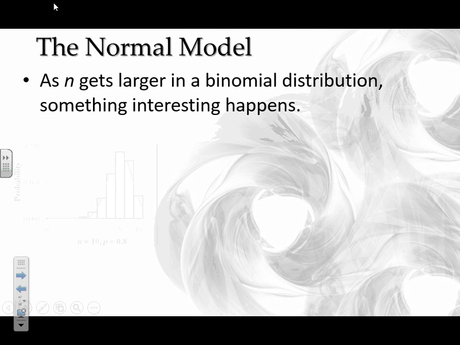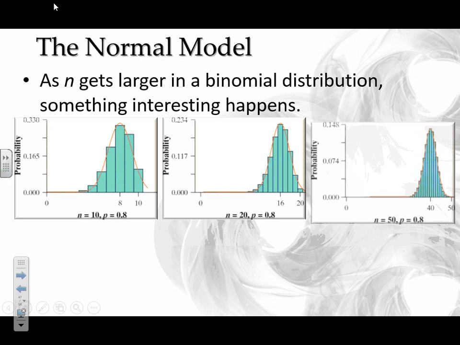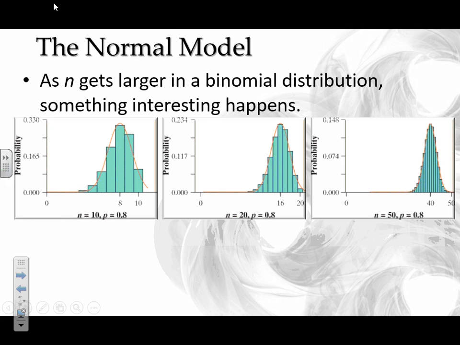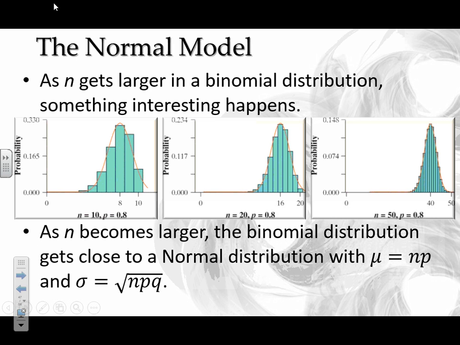Okay? The other big thing was this idea of the binomial distribution becoming normal. So when we take a binomial distribution, we have a finite number of trials we're going to run. So here we have n equals 10, so they ran 10 trials, here's the distribution they have. And whatever scenario they're looking at here, here they did 20 trials, here they did 50 trials. Now what they're showing is that if you increase the number of trials you run, the more normal your binomial distribution becomes. Okay? So basically what they're telling you here is that if you have a large number of trials,